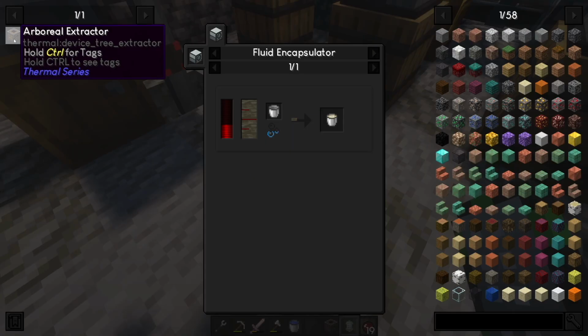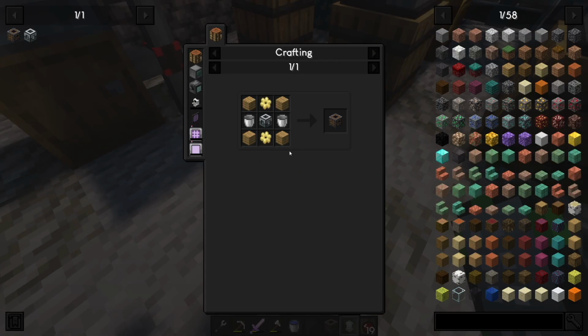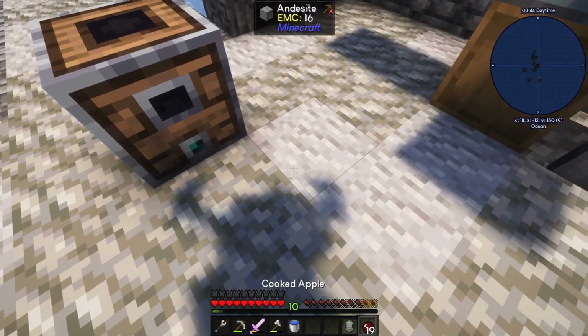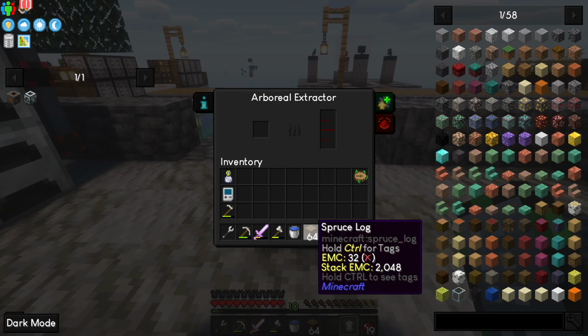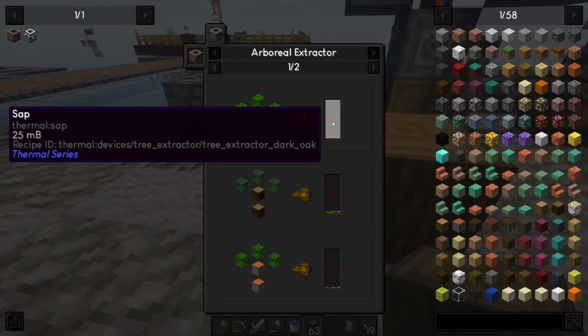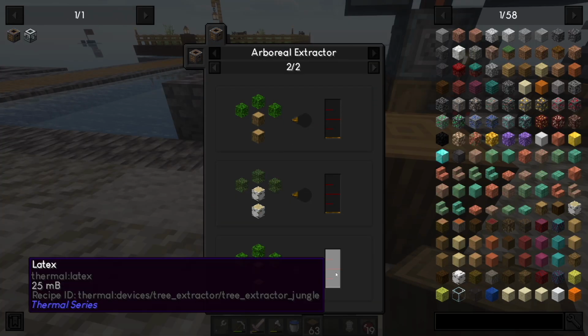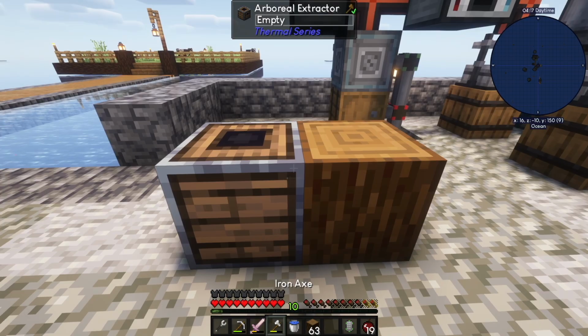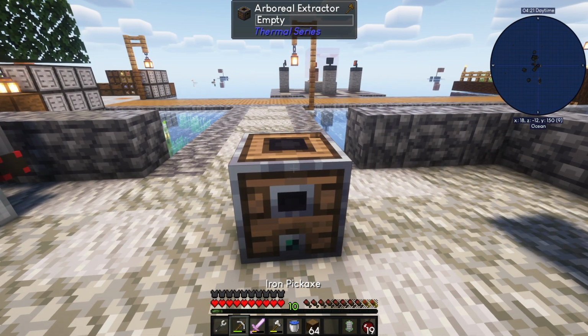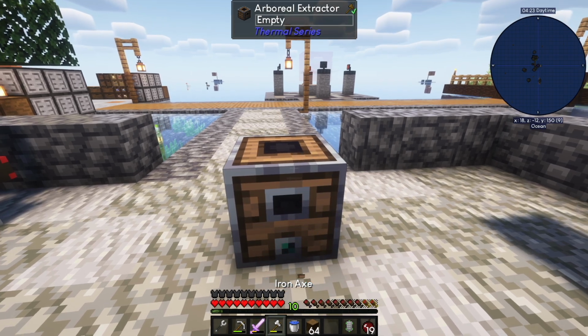Do we need... Can we get it out of here? What does this interface look like? Show recipe. Can we just put logs into here? Or do we need to put it in front of a... Does it work like this? Okay, we need to put it in front of a tree. Does it have to be jungle to get latex? Interesting. Okay, if that's the case,